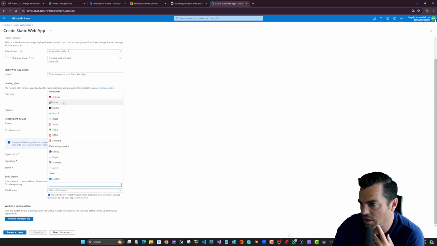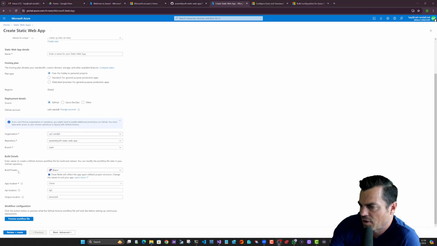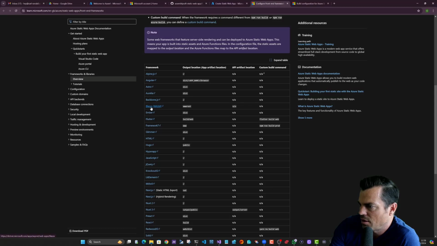So what that means is that some of the configuration is going to be tuned to the fact that we're using Blazor, which will just cut down on a little bit of work. If we have a quick look at the documentation for these presets, we're going to find there are a number of front-end frameworks here, and they've all got different options for things like the output location. If you're building Angular, it's the dist and then the app name / browser in this case. But if we go down to Blazor, we'll see that for Blazor WASM, it's the wwwroot that is the